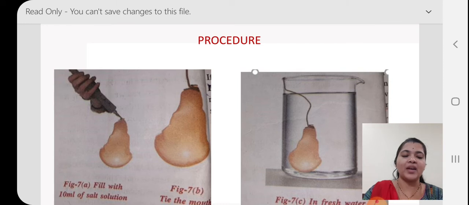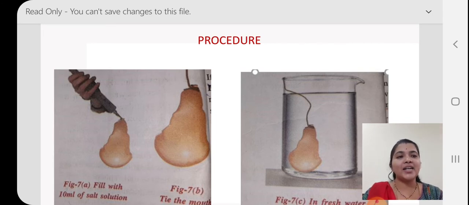Leave it overnight. In the same way, take the second egg membrane and fill it with 10 ml of tap water with a syringe. Prepare 100 ml of saturated sugar solution and leave it overnight, vice versa. In the first egg, we have introduced 10 ml of saturated solution, and in the beaker there was tap water. In the second membrane we have introduced 10 ml of tap water, and in the beaker 100 ml of saturated sugar solution. Then leave it overnight, children.